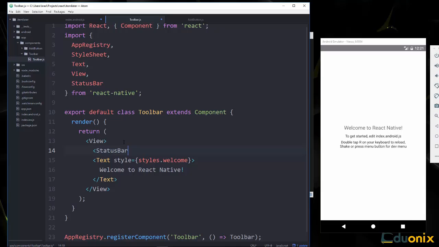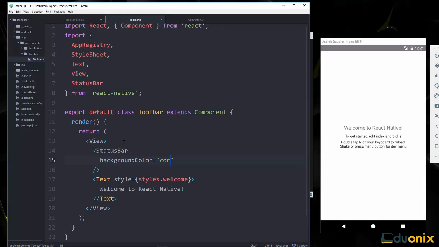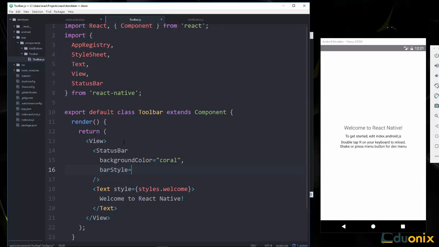Alright, and we can add some properties for this. We can add a background color. So let's set that, I'm going to set that to coral, which is an orangey color. And then the bar style, we're going to set that to light content. Okay, so you can set it to be dark or light. And let's see, in this